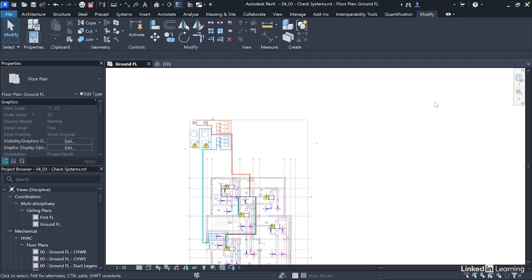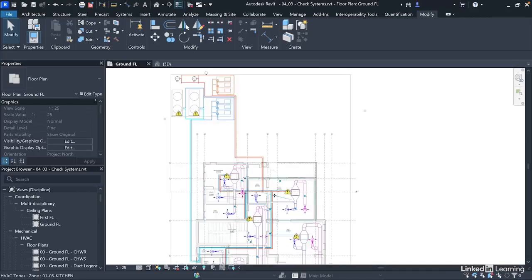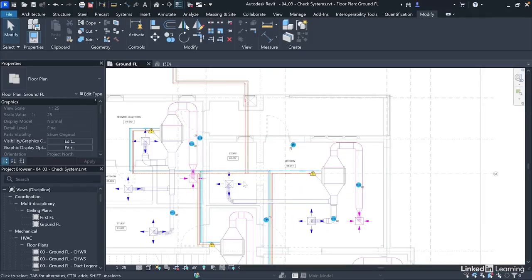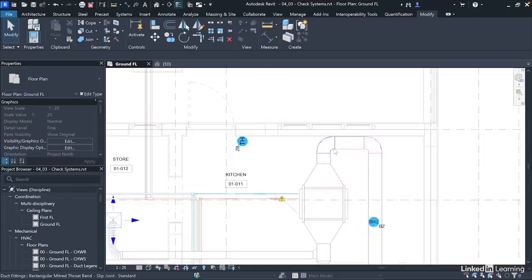So that's the first part of the show disconnects tool, but the show disconnects tool doesn't always flag only unused connectors. Sometimes it can also flag physical disconnects in your duct or pipe layouts. So let's say, for example, I come to this place and I delete this, let's say mistakenly during design, something happened and you mistakenly deleted.